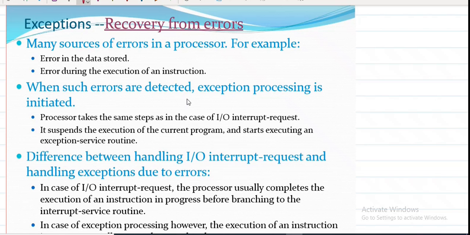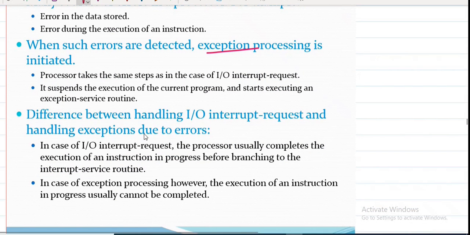Next, when such errors are detected, exception processing is initiated. It starts the exception method if there is any error in the data, uses the standard algorithm to correct the data, and the corrected data is given to the user. That is one simple example of how it is done.